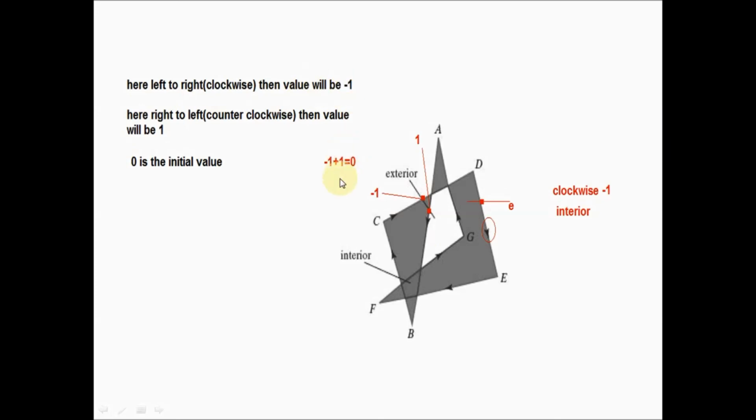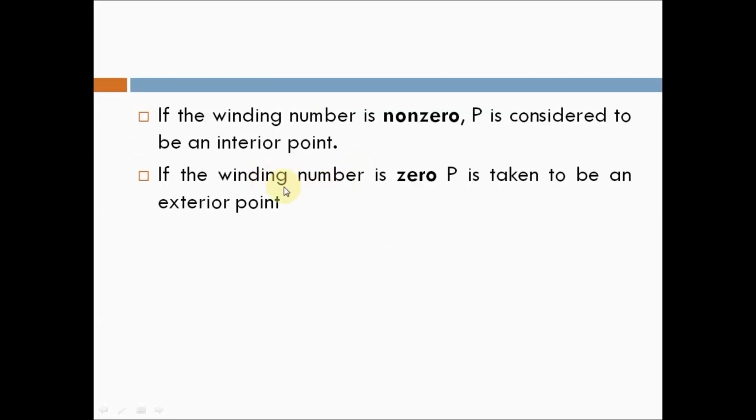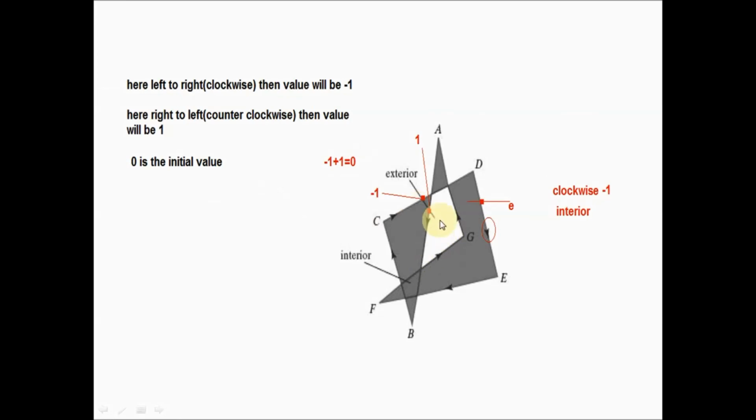So minus 1 plus 1 here. I took minus 1 first, no worries. You have to take 1 as the first value, then minus 1. Here I interchanged it, sorry for that. Anyway, minus 1 plus 1 or plus 1 minus 1, the value will be 0. So what value did we get? 0. So according to the rule, this region is the exterior. In the same way, we will apply the same rule for one of the interior regions.